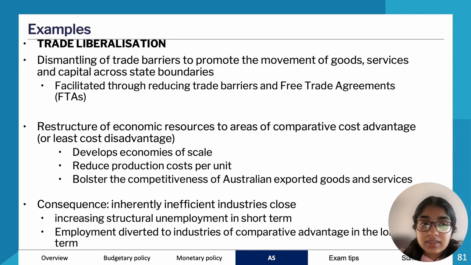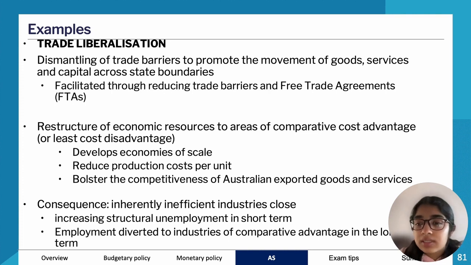Next, trade liberalization. This one is a pretty big thing. Let's say you have trade barriers. Everything that you buy that's imported, you have to pay an extra tax on it. So essentially, it's more expensive to buy imports. That means that Australian industries don't have as much competition. They're not forced to be innovative or creative. So they're not really incentivized to be super productive. But if we remove those trade barriers, this means that Australian industries now have extra competition from overseas.